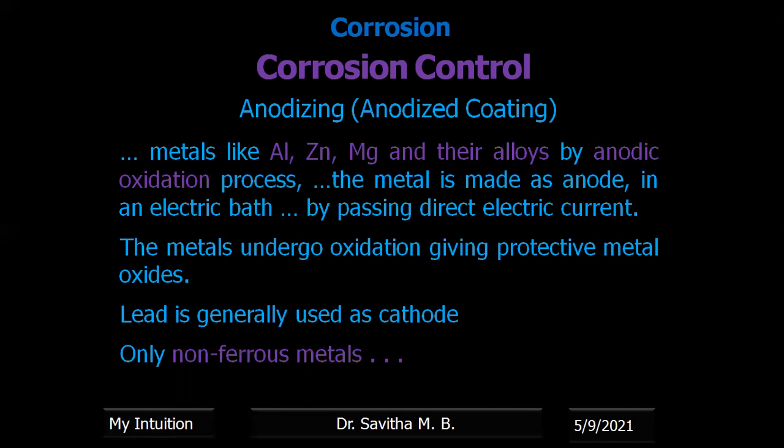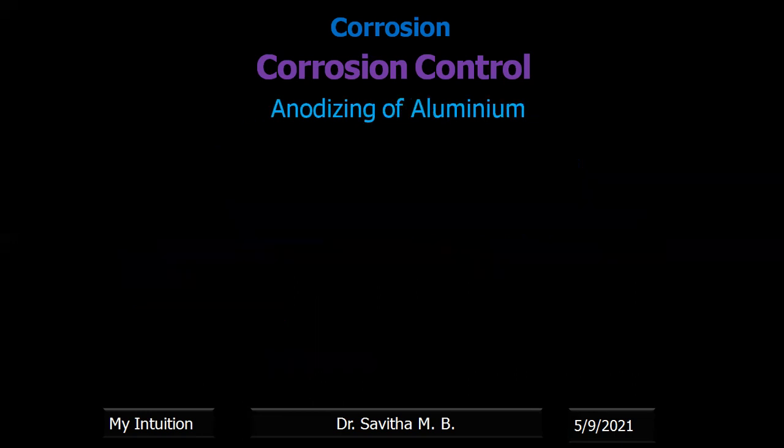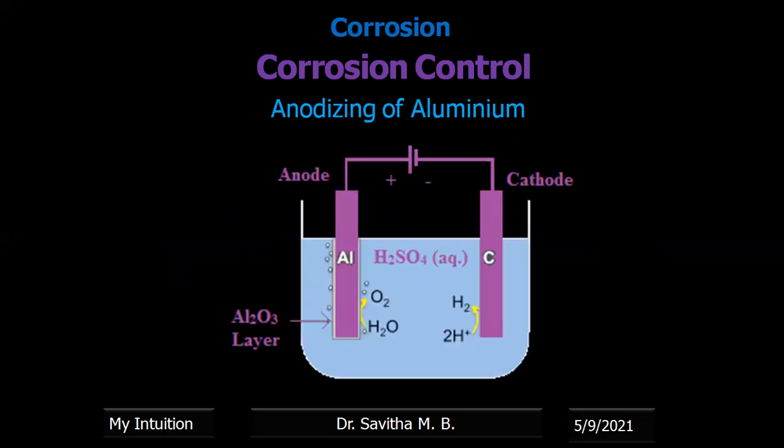Here the outermost layer of the metal is converted into metal oxide, that is the corrosion product. Later this corrosion product itself acts as a barrier. Only those metals which make a non-porous, stable, uniform coating can be controlled by the anodizing method. In the syllabus there is the process of anodizing of aluminium. Let us assume we have to control the corrosion of aluminium.